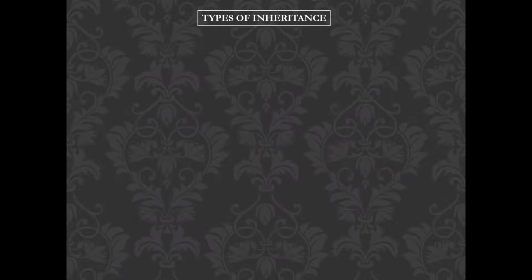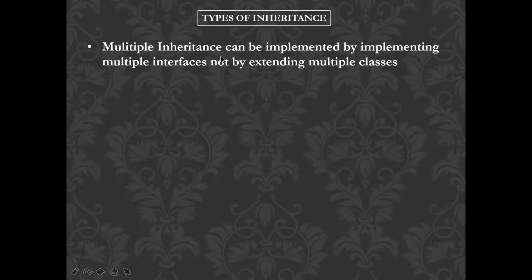If you see multiple inheritance in detail, whenever you want to achieve multiple inheritance, we can achieve it only by implementing multiple interfaces, not by extending multiple classes. To understand this one, let me show you one simple example. A class can extend a simple class and can implement more than one interface. Observe here, Z is extending a class, but it is implementing two interfaces. So this is okay. There is no problem with this.